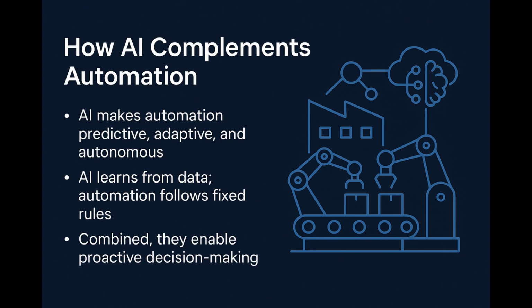AI can also adjust process parameters on the fly based on real-time data, something that traditional systems can't do without manual tuning. And in robotics, AI enables machines to make decisions in uncertain environments, like how to pick and place objects with varying shapes and orientations. So, when AI and automation work together, the result is a system that's not just reactive, but proactive and even